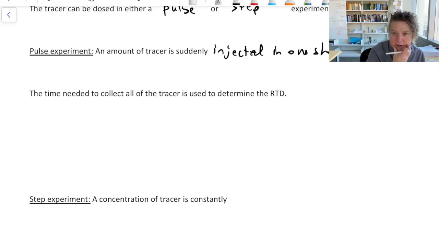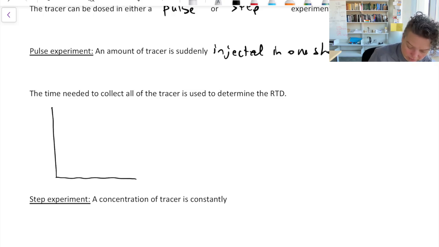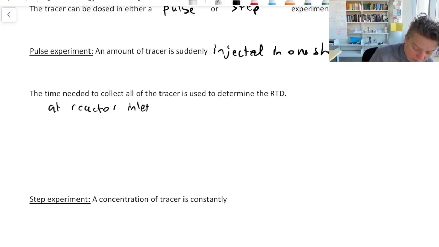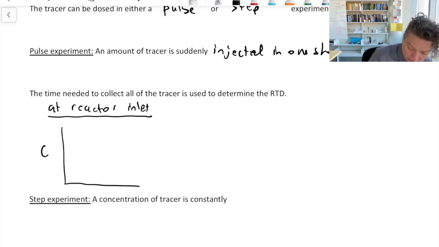So when we do that, the time needed to collect all of that tracer is used to determine the residence time distribution. So let me draw that a little bit differently. Let's say at the reactor inlet, we could have a plot of concentration versus time, and what we would see is just one dose of concentration,